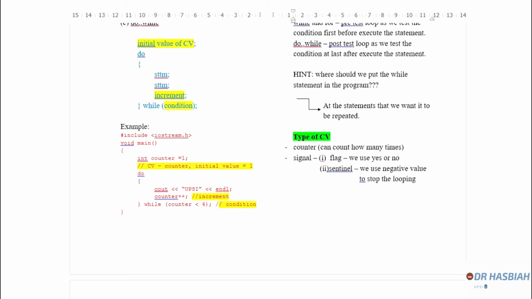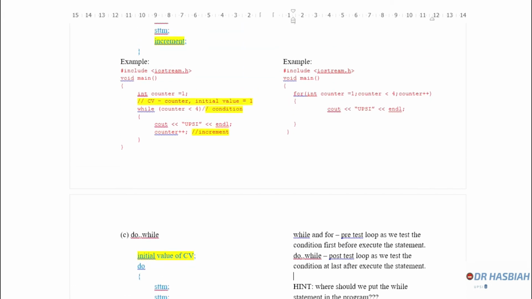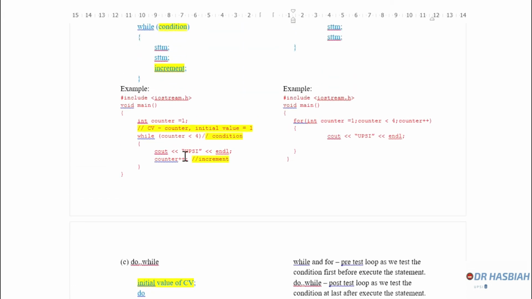If you check here, for the while and for statements, we check the condition before we perform the looping, right? So you have to check the condition here: while counter less than 4, counter less than 4. So we check the condition first before we perform the looping. But